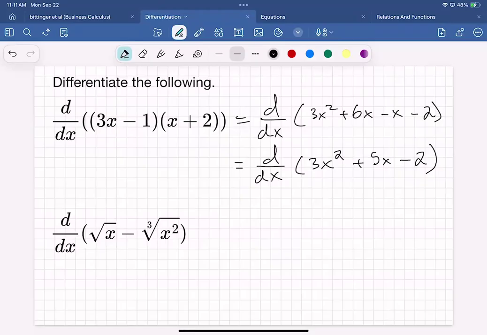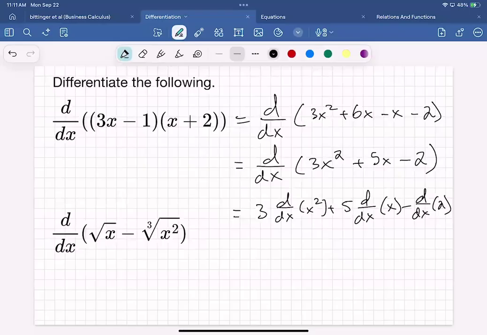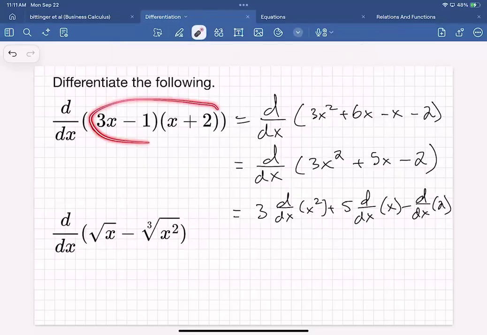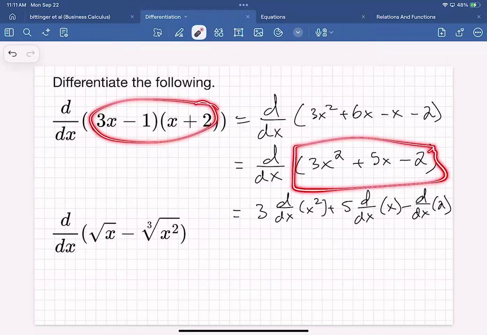Okay. So we can write this out as 3 times the derivative of this x squared plus 5 times the derivative of just x, excuse me, times the derivative of the 2. Now, what we want to get to is not having to write this step every single time. Is that clear to everyone? It's good to know that we can do this, but it only is true because we went from something that was in a factored form to terms. Once we get to terms,